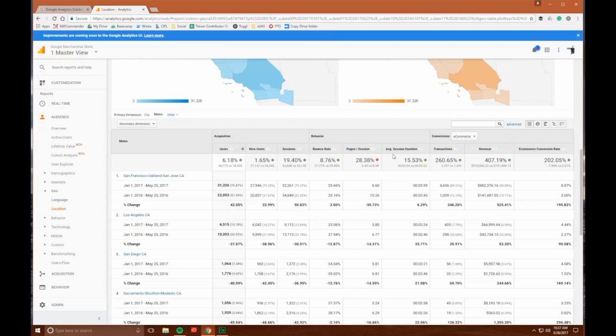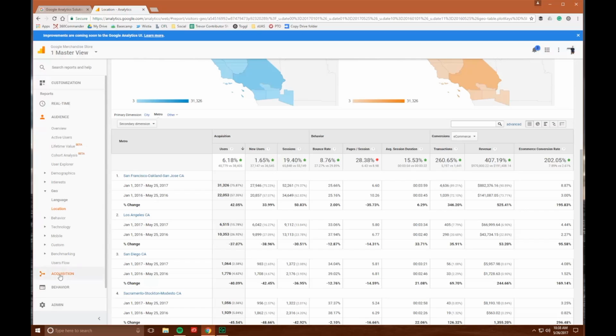Bounce rate, pages per session, page duration, so you can know if you did, let's say, a campaign in San Francisco and the page duration was this, but you did the same campaign in Los Angeles, but you saw a real engagement increase, that 33%, I would know then that the folks in Los Angeles had a better response to my advertising if I was trying to get them to hang out on the website. However, if your goal was sales, obviously San Francisco did a better job of sales than people in Los Angeles. But then again, look at how many people in Los Angeles are on the website versus how many people in San Francisco. So this is a deep rabbit hole, just looking at some different things about how deep you can go.